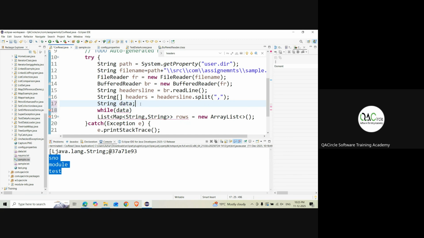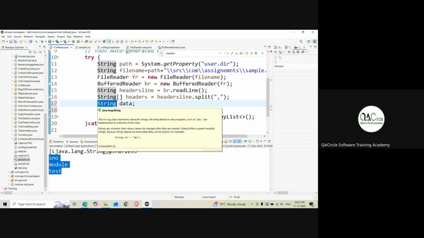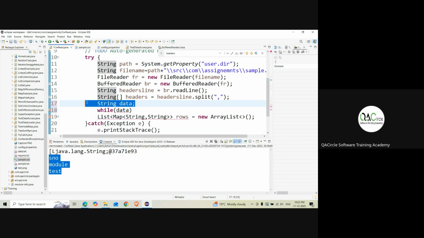So in Java, always remember, if you're using a variable, the variable should always be assigned a data type. Otherwise, Java will not understand. But JavaScript is very good. Even if you write string data and just write data, it will not throw an error. But in Java, we have to always write a data type. Now, tell me, equal to